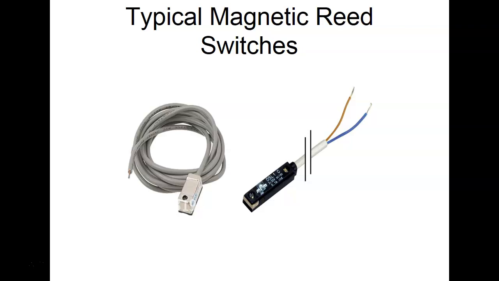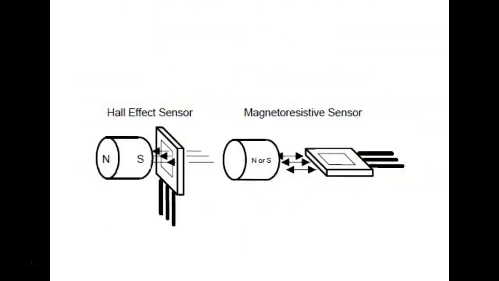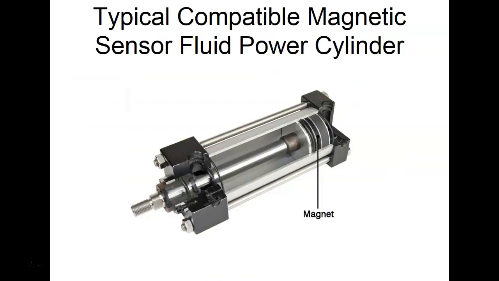We see these things used a lot, but most often we see them used in pneumatics. We can buy a cylinder that's got an actual magnet on the piston. Then we'll use these magnetic sensors and strap them onto the side, and we'll know when the thing is fully retracted and when it's fully extended. This is very, very popular in pneumatics,